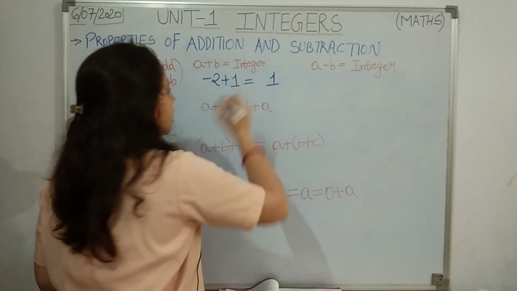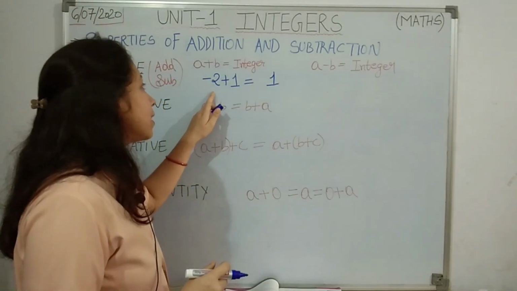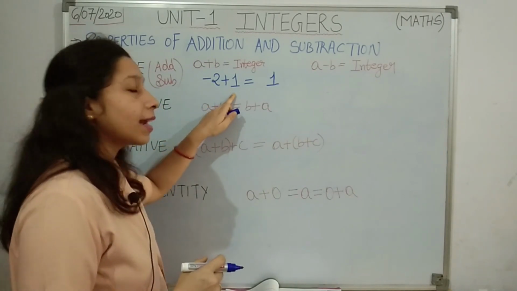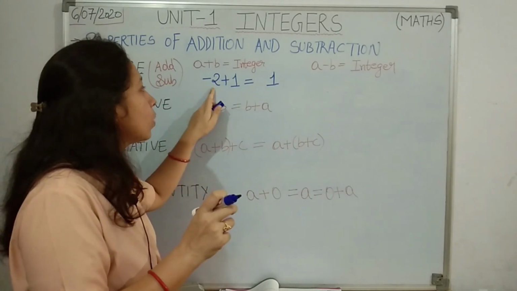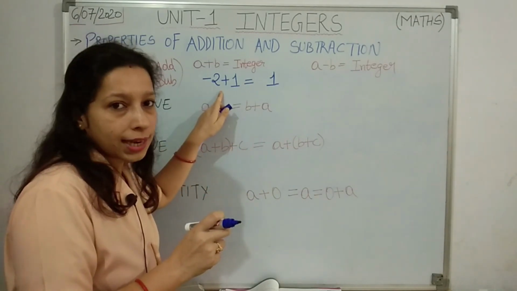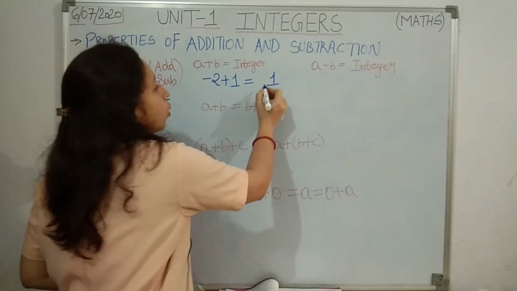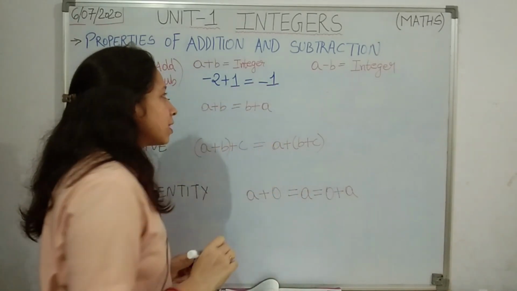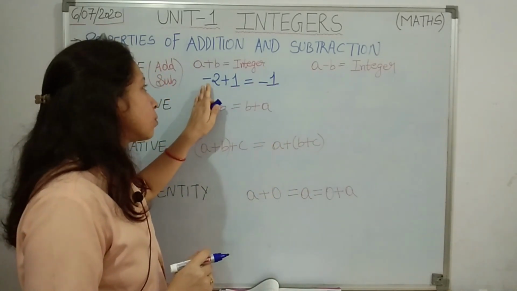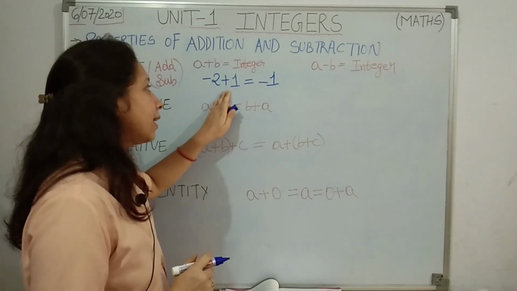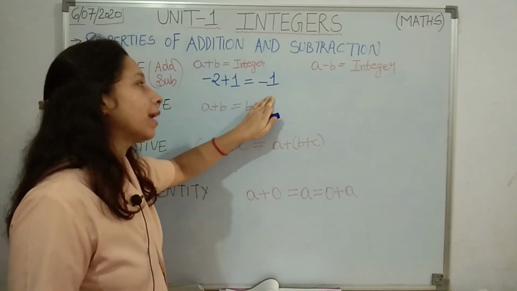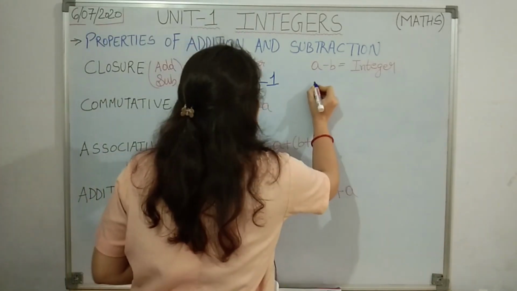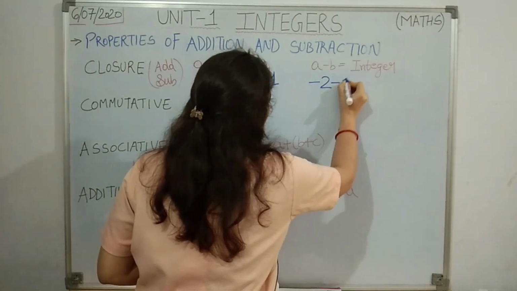Then what you have to see? You have to see which number is greater. So here, 2 is greater or 1? Just ignore the signs. Take the numbers only. 2 is greater and it has a negative sign. So in your result also you will put minus 1. So I have taken two integers, minus 2 and 1. I added them and I got the result again as an integer, minus 1. Let's take this example here, minus 2, minus 1.